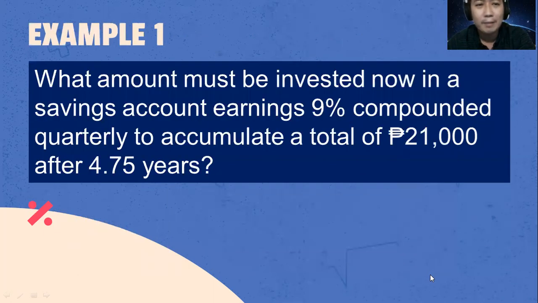Let's now try to solve this given problem. What amount must be invested now in a savings account earning 9% compounded quarterly to accumulate a total of 21,000 pesos after 4.75 years? On this problem, we are going to look for the principal amount because we are asking what amount must be invested now. That is the amount of money to be borrowed now in order for us to gain or in order for us to have 21,000 pesos with 9% compounded interest every quarter after